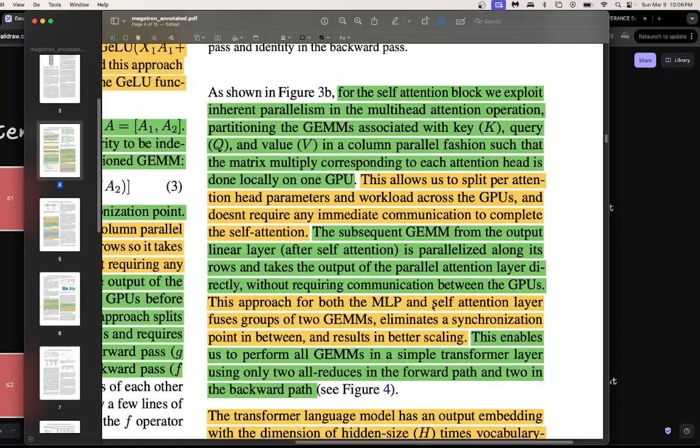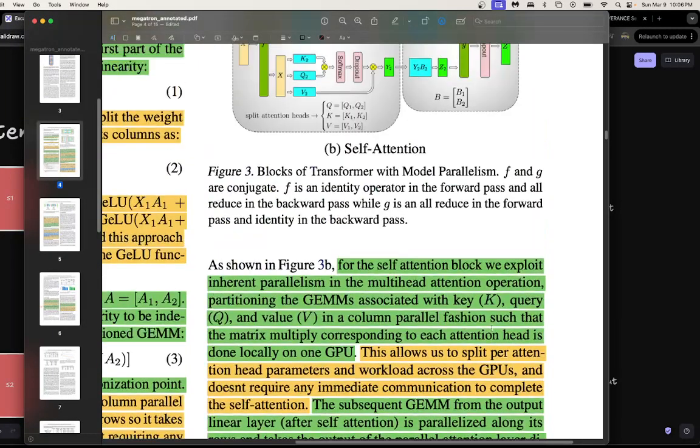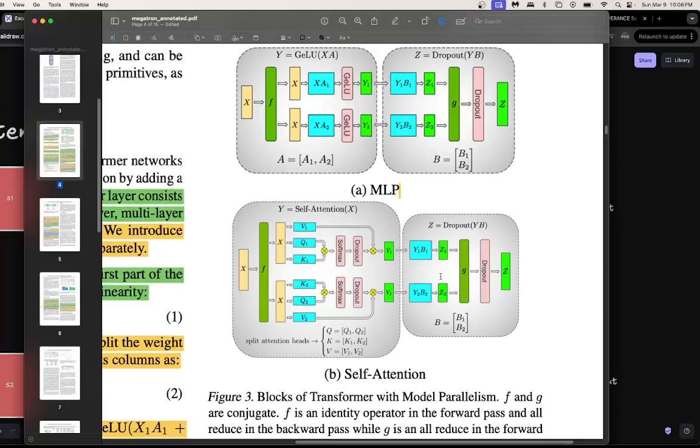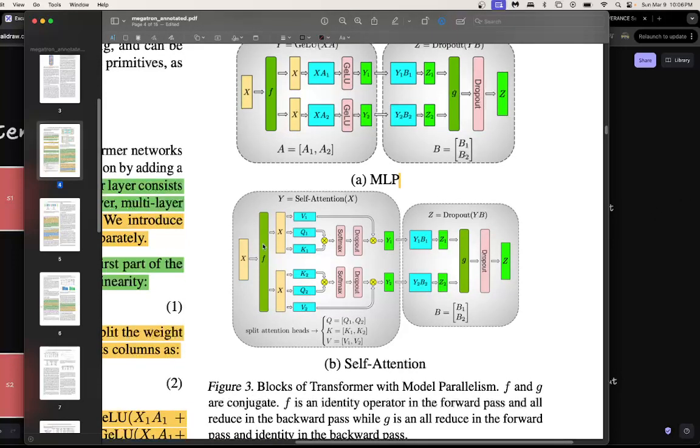And so let's cross-reference that with their diagram that doesn't show the shardings or anything, but is the source of truth here. So yeah, X is replicated. X goes into the Q, K, and V projections. Then Q and K are matmul'd, then softmax. Okay, I didn't include dropout in my diagram here, but there's an intermediate dropout here, and then the output of the attention scores are matmul'd with V to get this updated